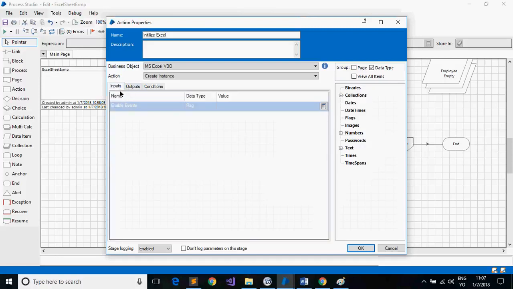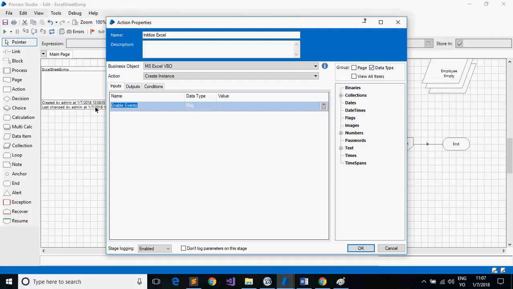So we have 2 tabs, for example. One is input and one is output. In the input, it is written enable events. And one good thing is that when you don't understand what exactly this is, you can hover your mouse over here. See, it is telling that it is a flag to indicate that events should be enabled or disabled on the attached instance, default to true. So it is telling that this flag is to indicate if the events will be enabled or disabled. What is an event? Event is